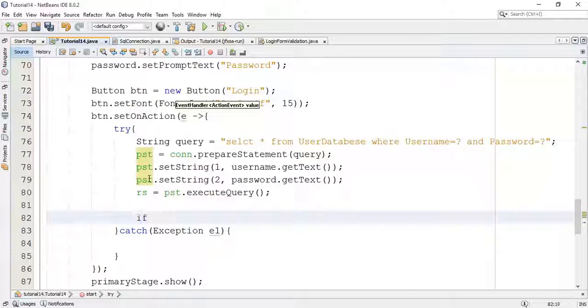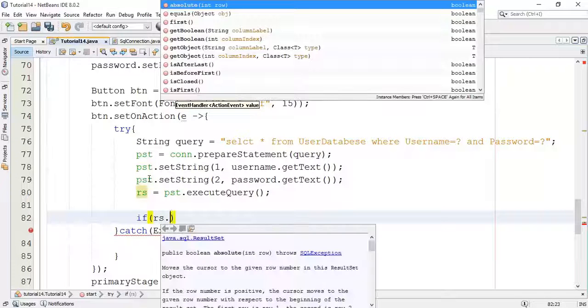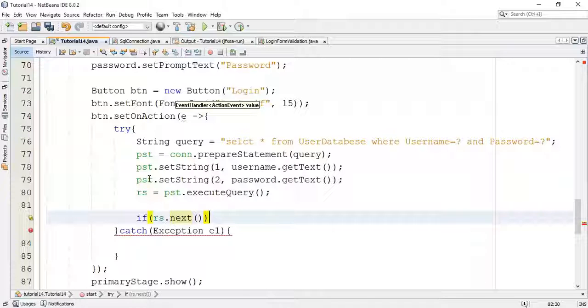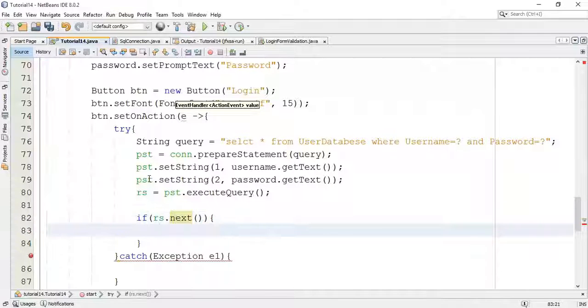So if rs dot next, it will check the row whether the username typed in the text field and password matches